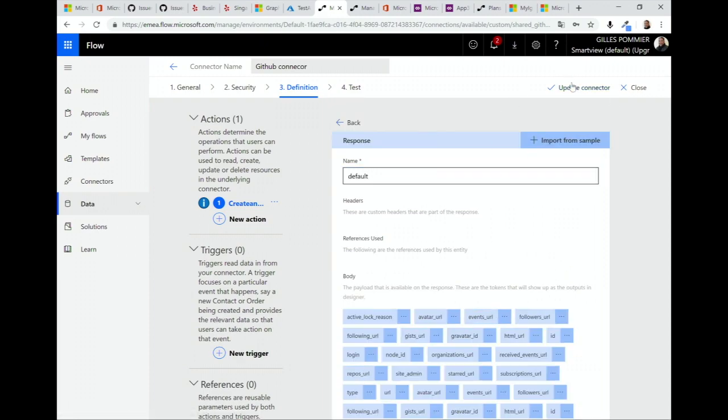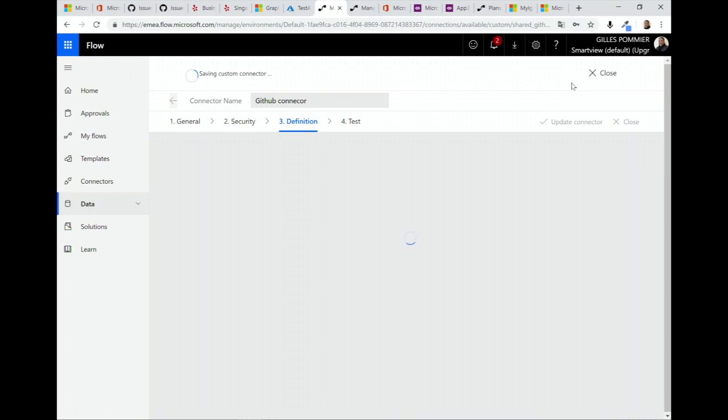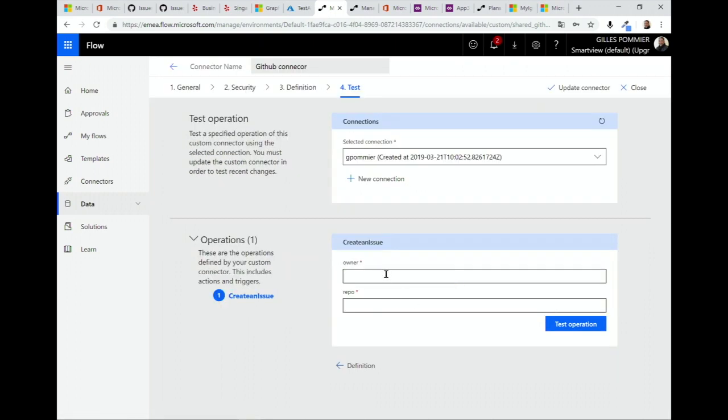Okay, I update connectors. And if I test, yeah. So sorry, demo GP.